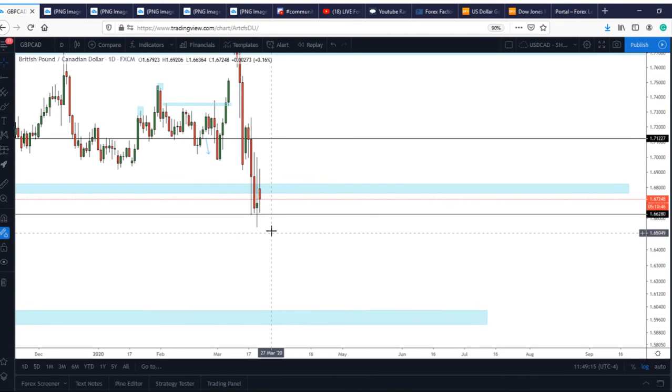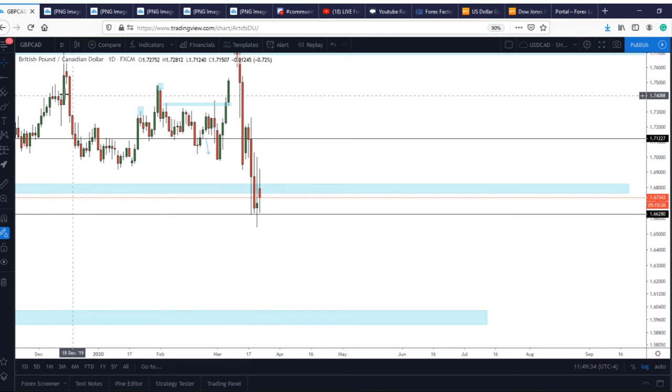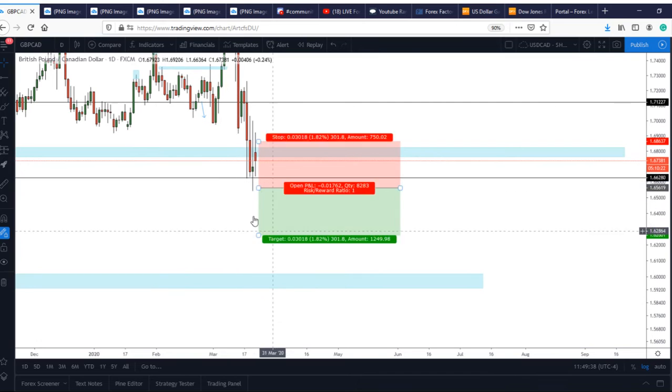Now, a lot of our trade setups have been shorts. It's just a bear market. Even pairs or currencies that are doing well, quote unquote well, during this chaos, they're still selling off, because that's what happens when you have a global recession. No currencies dominating too much, other than the safe havens like the Swiss franc and the dollar. So yeah, we'll probably look for a short on this,